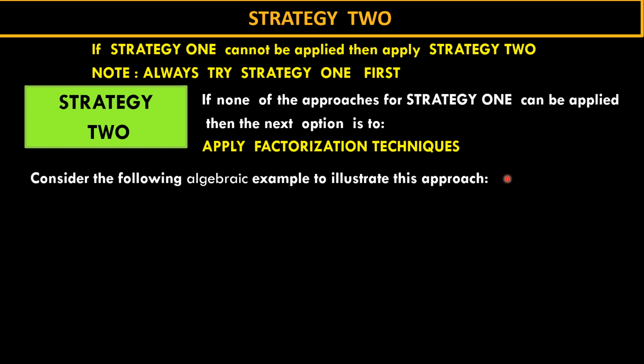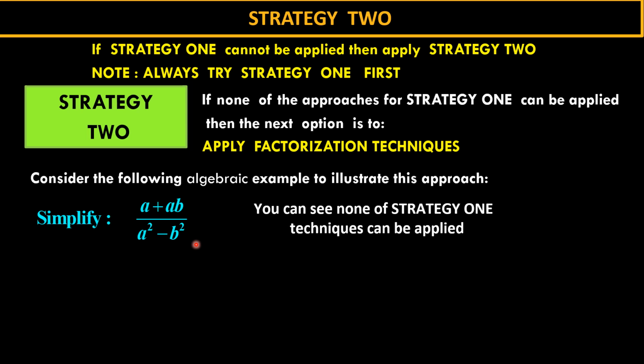Okay, so to illustrate this, let's look at an algebraic example. Here we're required to simplify this expression. So we look at the numerator. There's nothing I can add there, right? There's no like terms. If I look at the denominator, no like terms. I can't even cancel here, right? So I can't add or subtract or cancel. So the only other option for me now is that I want to use